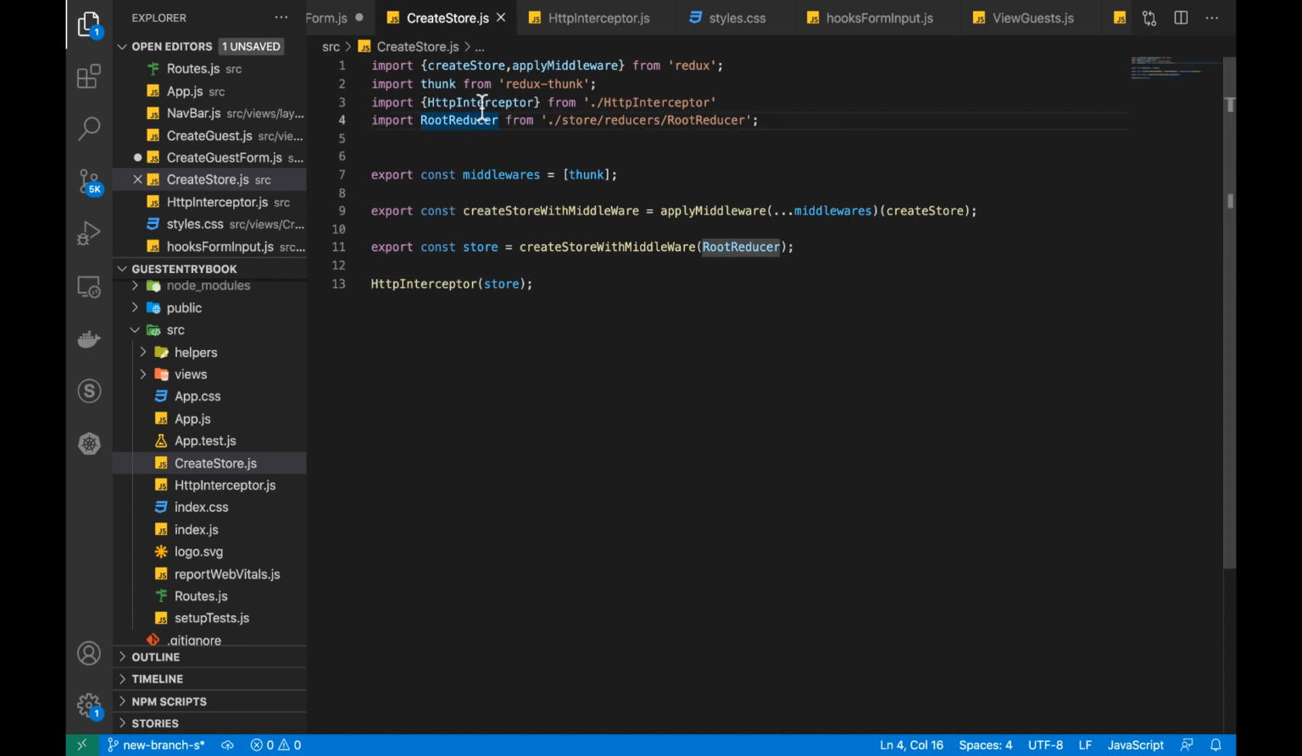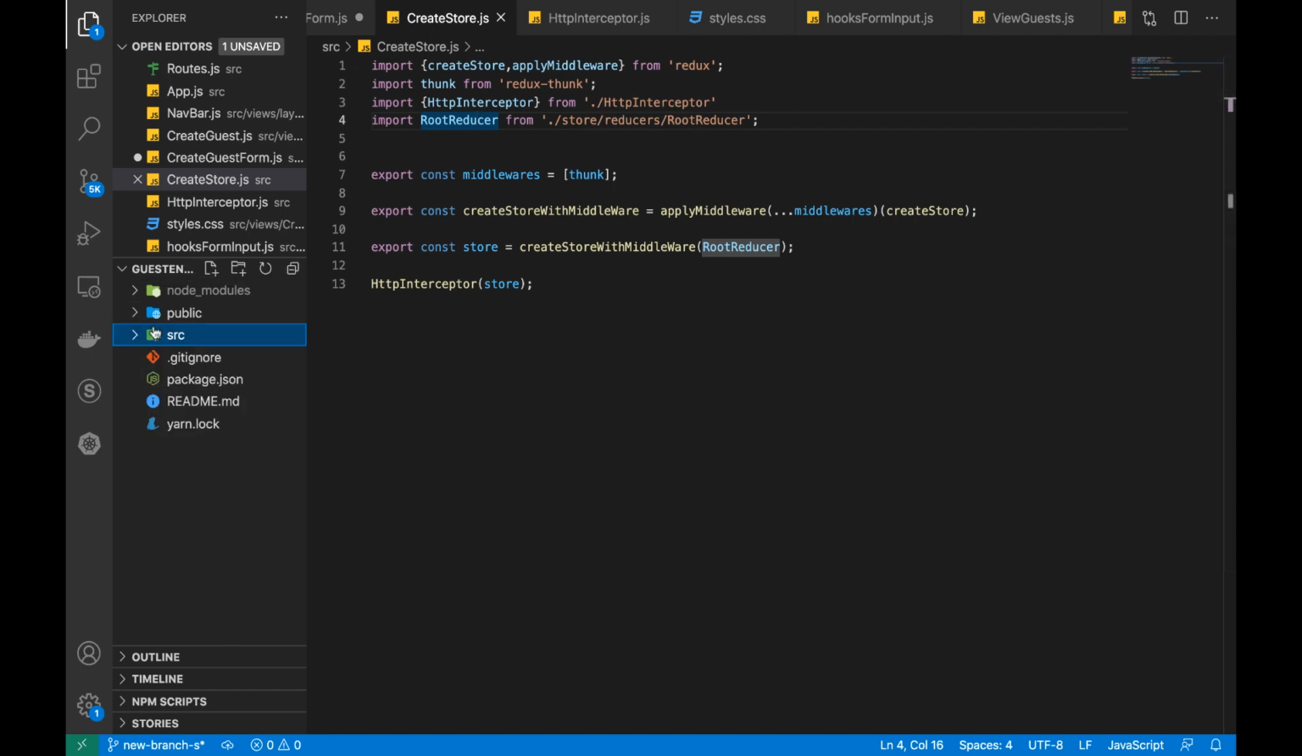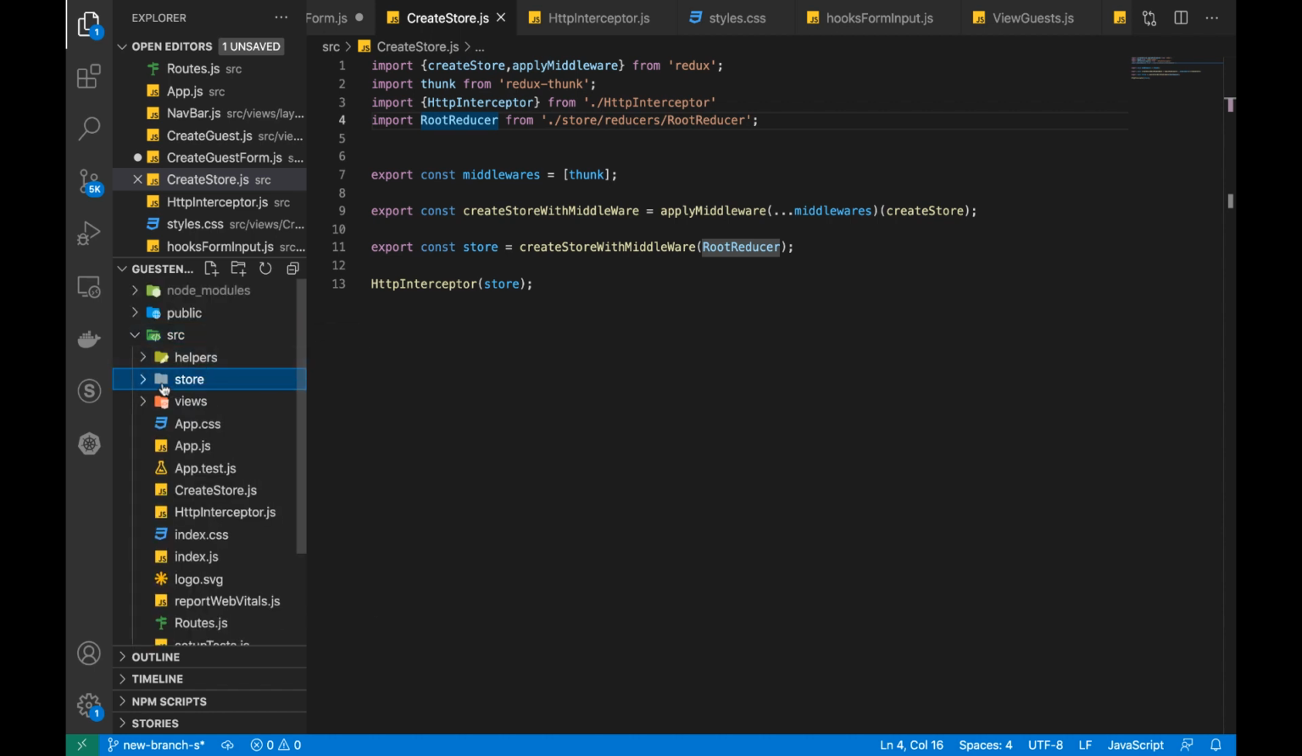All right, so after we created the HTTP interceptor, we are also going to create our root reducer, which exists in our store reducers. For now, we don't have any store, so let's create our store. Here, I'm going to have a new folder called store, and within store, we're going to have reducers. Then we are also going to have actions, and in our reducer, I'm going to have a new file here called